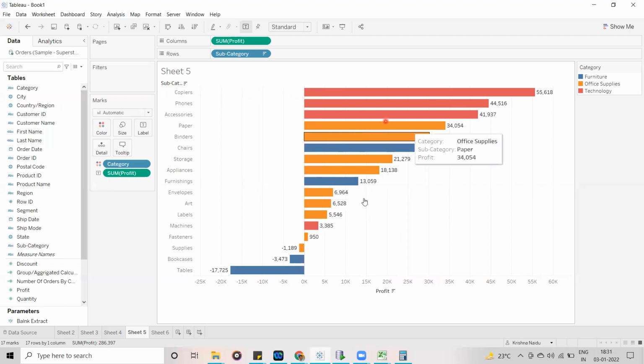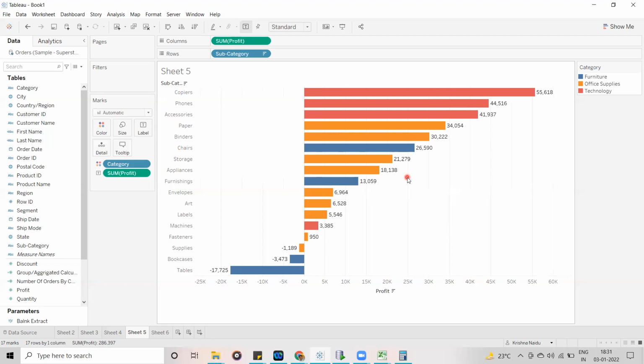Without changing the granularity means I don't want to change this granularity. I want to display the visualization as it is, but display the values based on a different dimension.